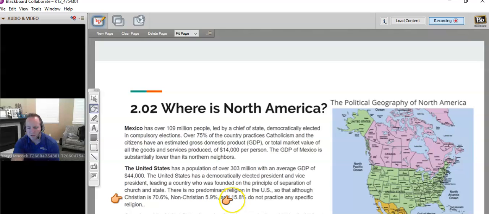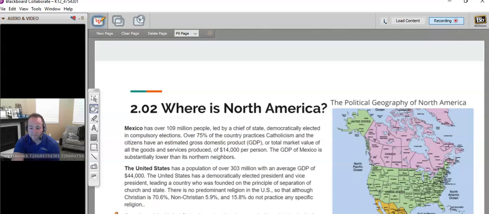There is also a big one that's rising of those who do not practice a certain religion. So that's a $30,000 difference. So that's one reason why a lot of people want to come to the United States, right? But as we'll talk more about Central America, more people are coming from those countries.